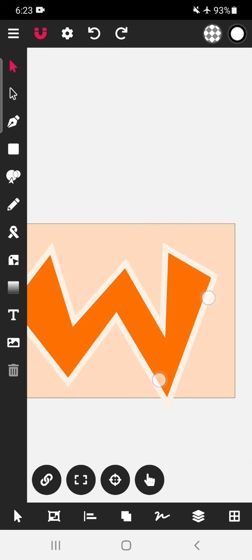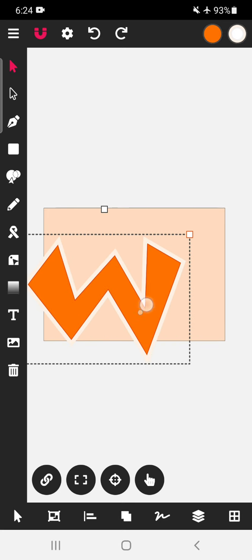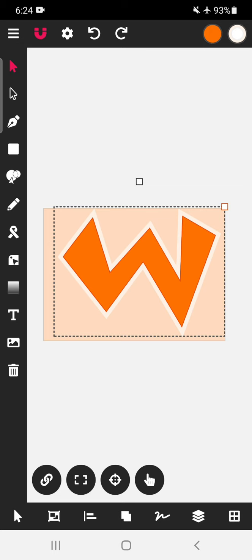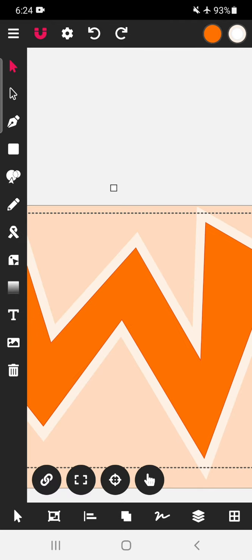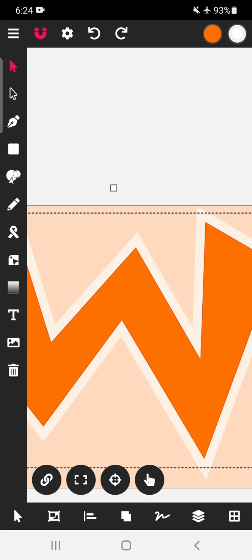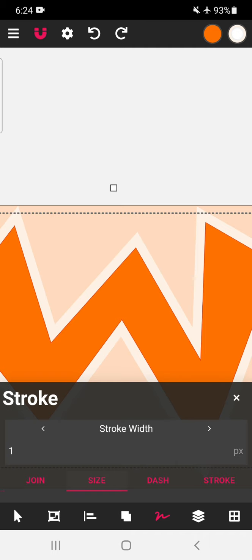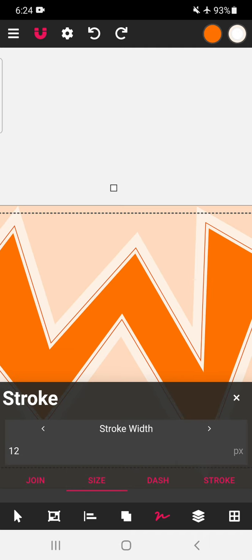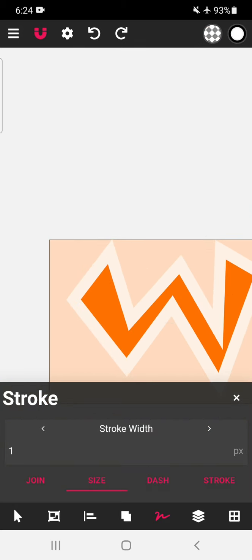So we can see that particular image which we had created earlier. So this is outside stroke path which we have, offset path we have created. Now inside offset path we want to create. Tap on this, create a duplicate copy, and then go to this particular stroke, increase the size, okay, size is created.